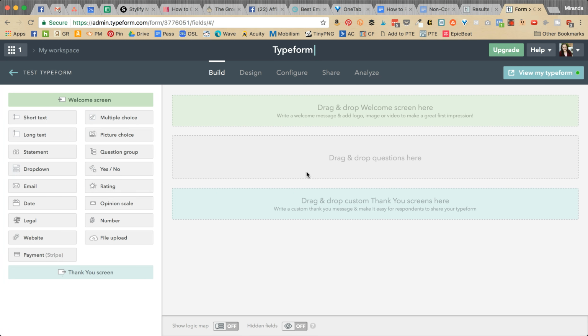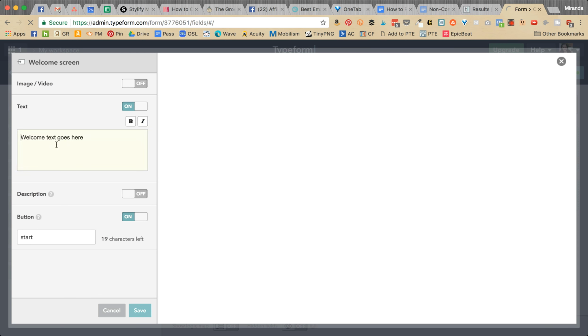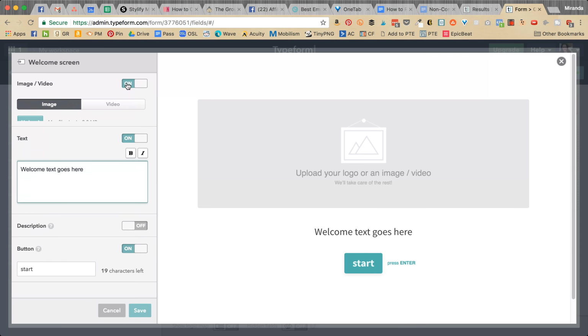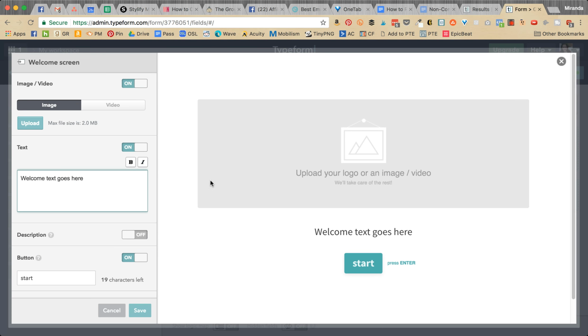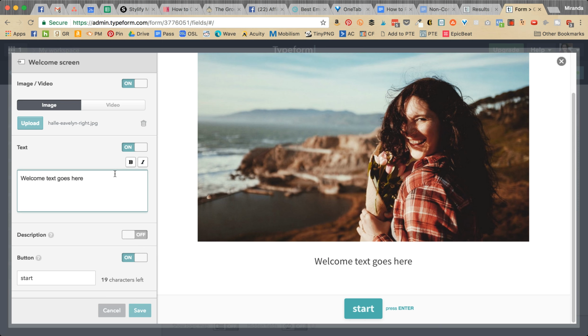So the first thing that I like to start out with is your welcome screen. This is optional, but I feel like it makes your form really cohesive and professional. So I prefer to do it that way. So I'm just going to edit this here. Typically, I like to add an image. So you can select any image from your computer, as long as it's under 2 megabytes, and then you can